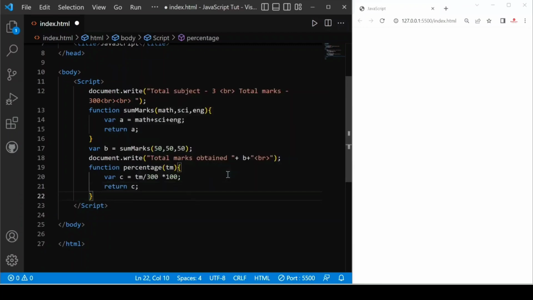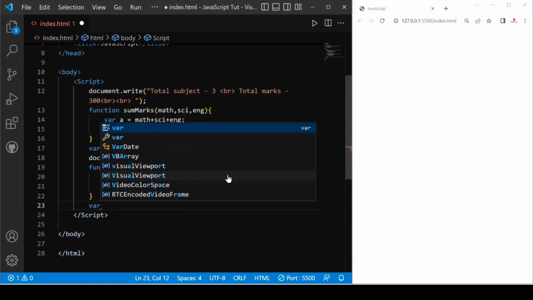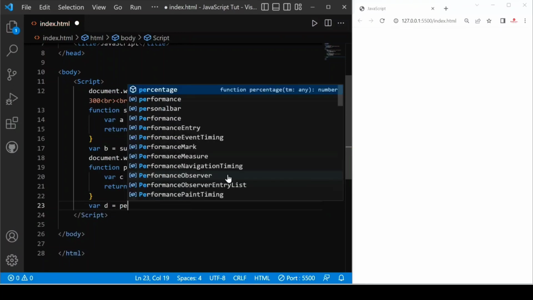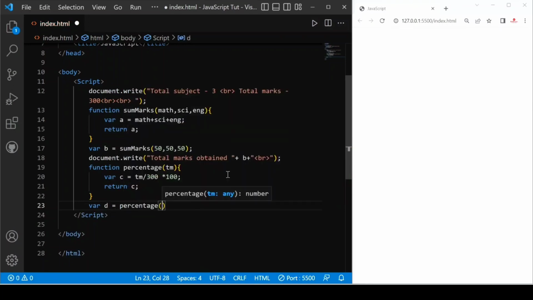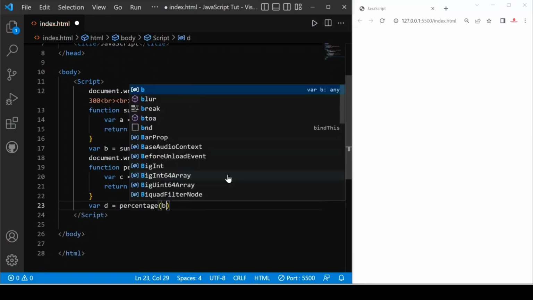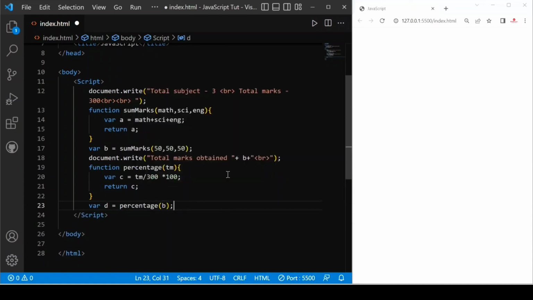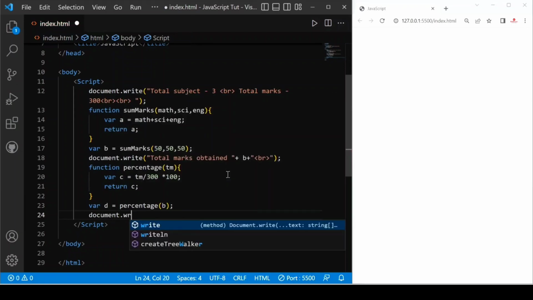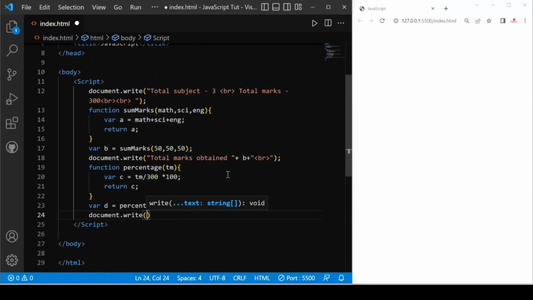Okay, we can store it, we can create a variable var d equals to percentage, and we provide total marks as p, and after that we print document dot write, and here